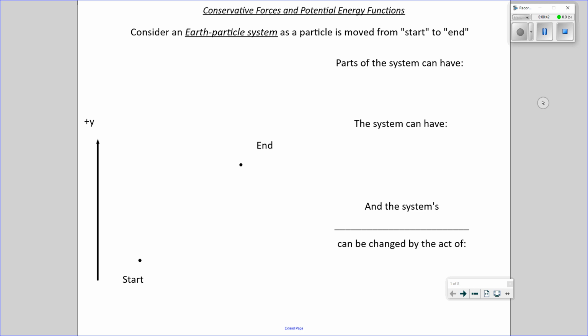So let's please consider an Earth-particle system. And a particle is moved from this location that we've called start to this location we call end, and it takes some path to get there, like this. Sure, fine. Well, parts of the system, and that means the particle and the Earth,